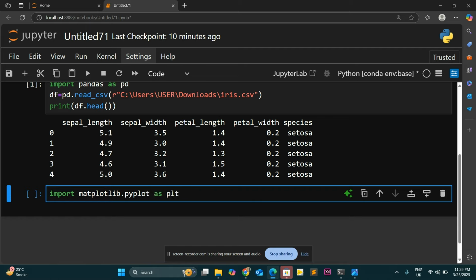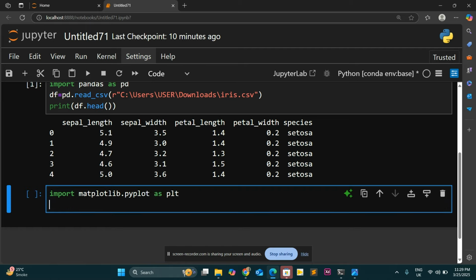You can either copy it, you don't have to remember it, it's a part of code. You just copy it once and use it again and again. So plt.figure